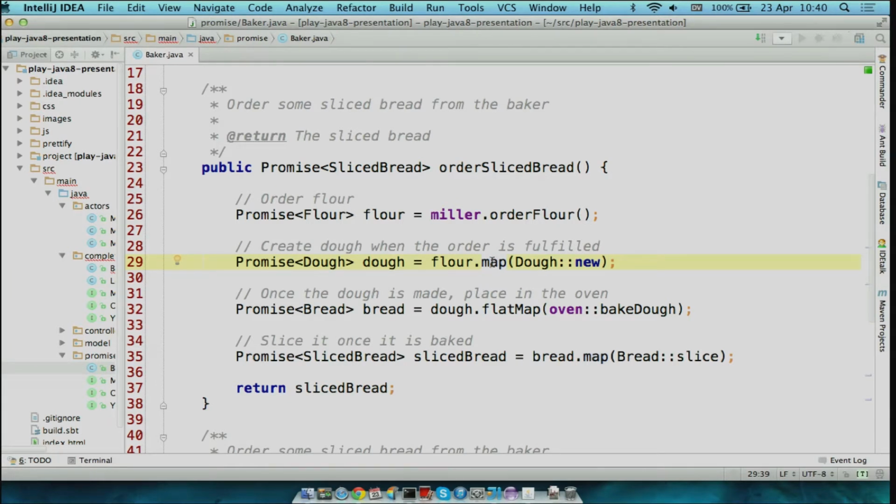So it's exactly the same thing semantically as thenApply, but it's a simpler method to write, and I think simpler to understand. You're mapping the value inside the promise to a new value.